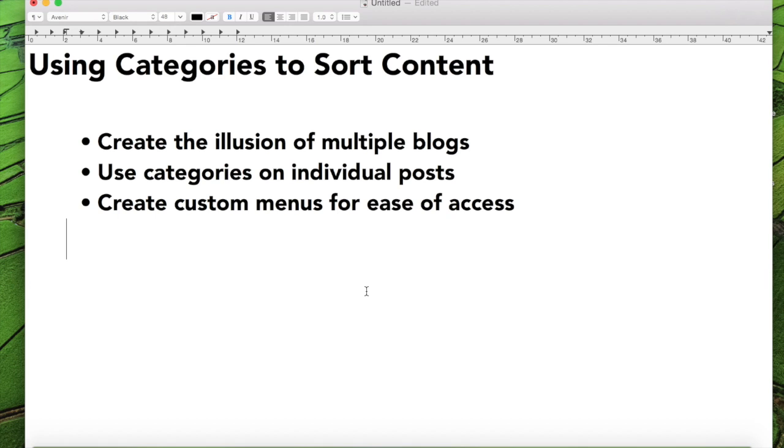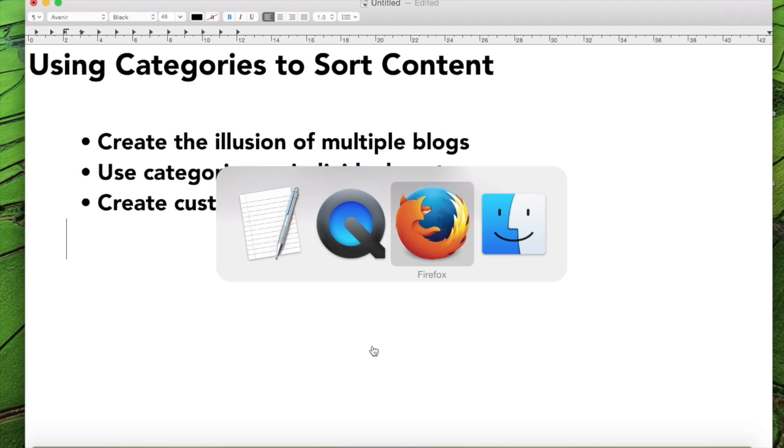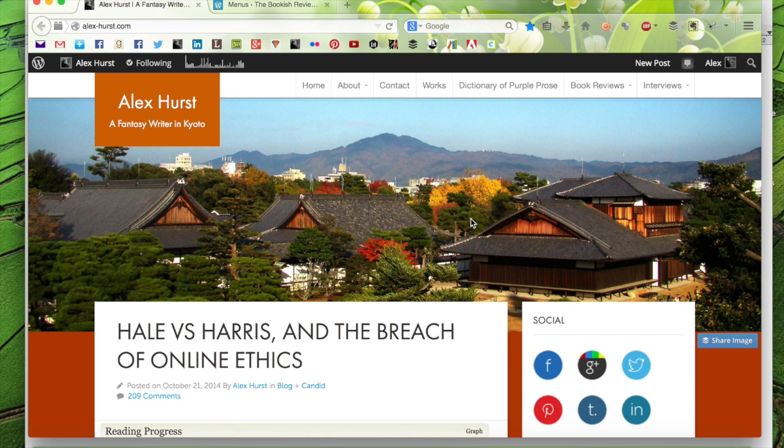The only thing you have to do to create this is to create a custom menu, and you'll be replacing your primary menu. You can also do this with tags, but you'll have to find the tag link on your own and use link in the custom menu rather than categories, but I'm not going to go into that with this video. So going to my website here, I'm going to show you a few samples of what can be